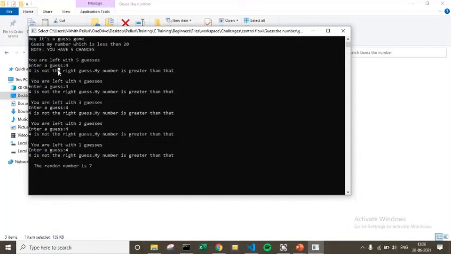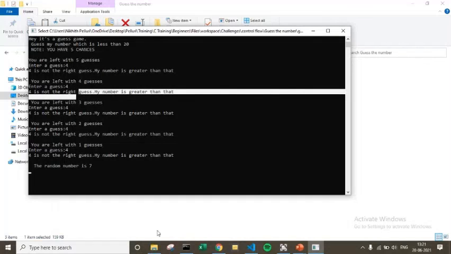Create a variable called i and initialize it to 5, and that should be for guesses, and it should print out these guesses. Take input from the user, name it user input, and check whether the user input is equal to the random number from the code you got there. Write some if statements and a loop, and all these should be put within a loop, and mail the code at the Gmail given in the description below. And that's all for today, and it was a wonderful session with you.